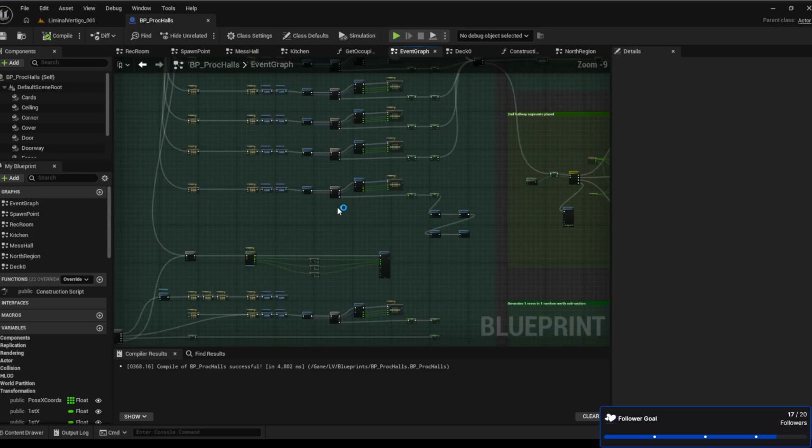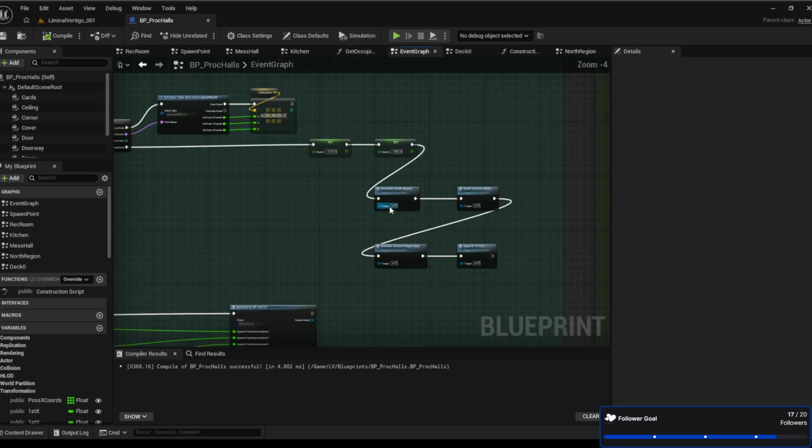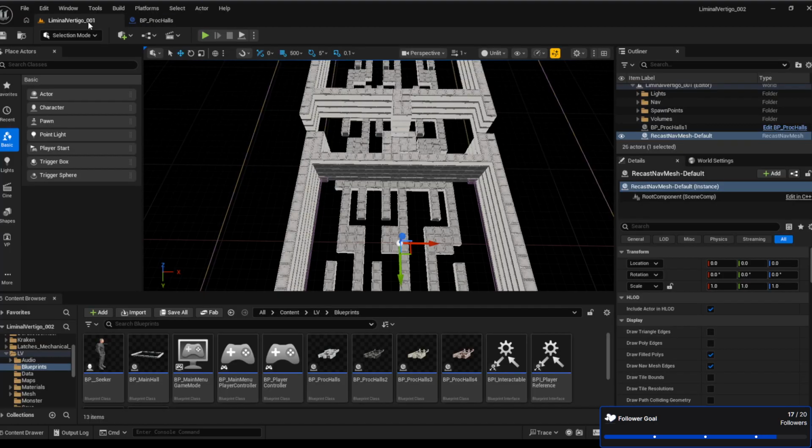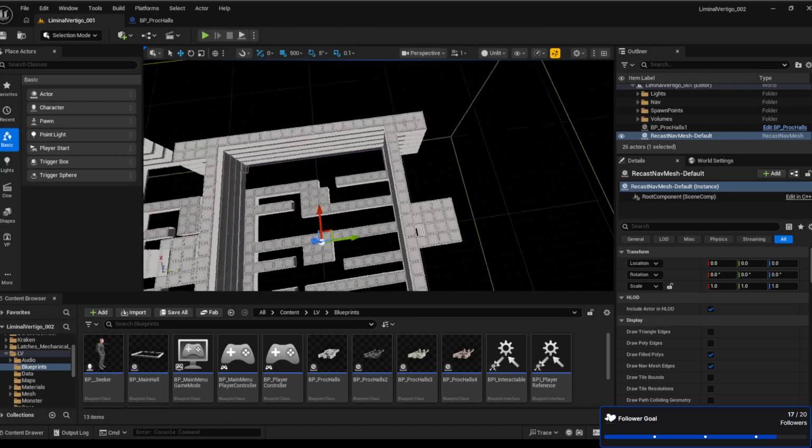And I'm thinking of adding it right here. Though I don't know if I want this. Oh, I do want this though. I do want this. Yeah, let me show. Okay, so from the previous stream,